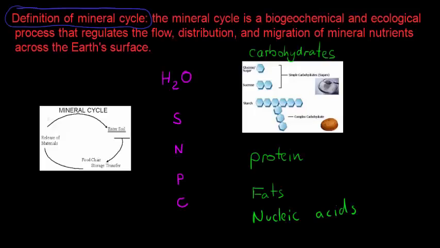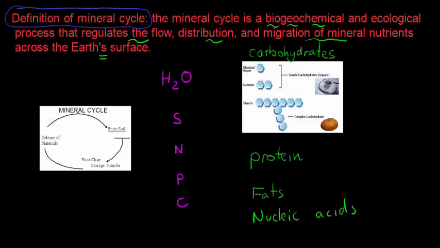Alright, so we'll start with the definition first. The definition for the mineral cycle is that the mineral cycle is a biogeochemical and ecological process that regulates the flow, distribution, and migration of mineral nutrients across the Earth's surface. Basically, in summary, it's making sure that it can recycle or bring in the essential minerals we